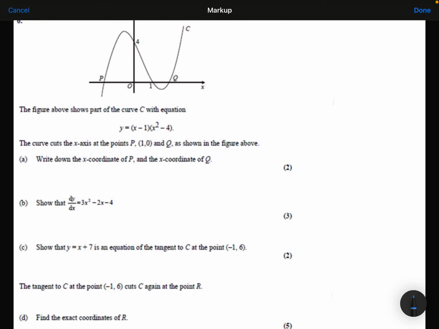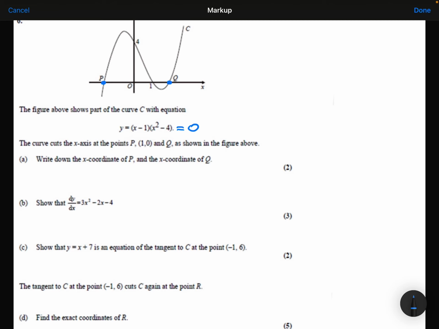The figure above shows part of the curve C with the equation y equals (x minus 1)(x squared minus 4). The curve cuts the x-axis at the points P and Q as shown in the figure above. We need to write down the x-coordinates of P and Q. Well, at P and Q, I can see that the y-coordinates are 0. So if I take my equation here and make that equal to 0,